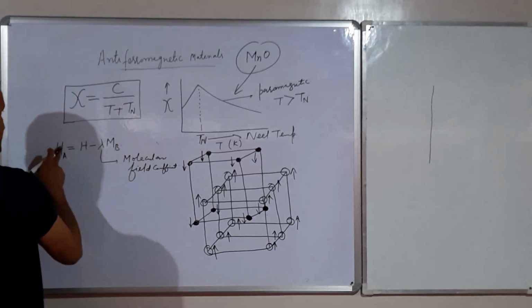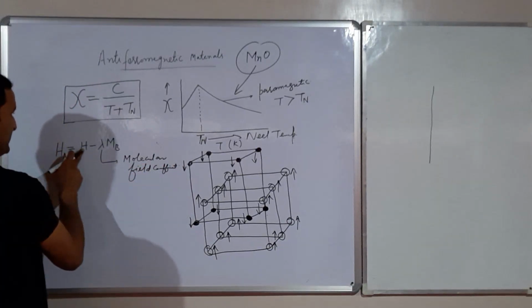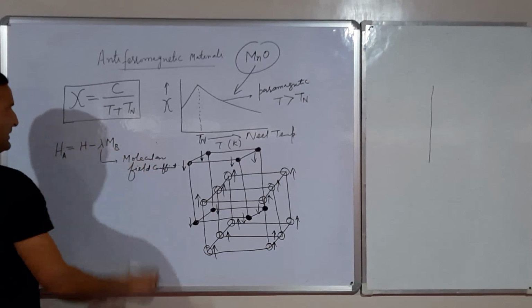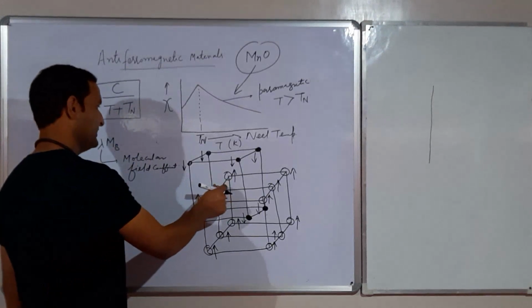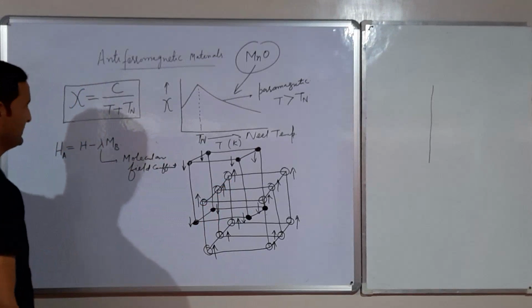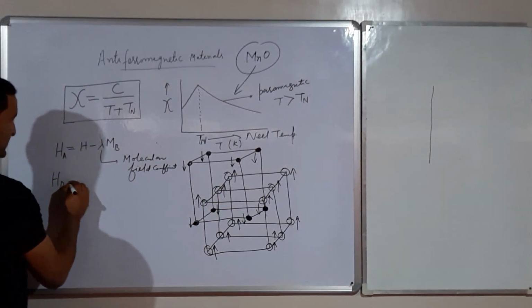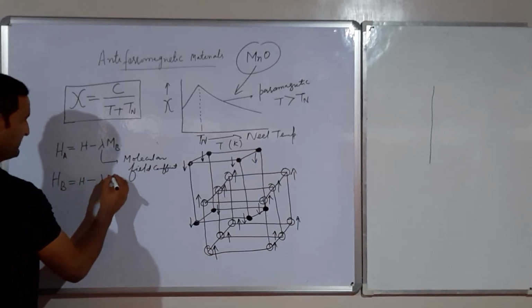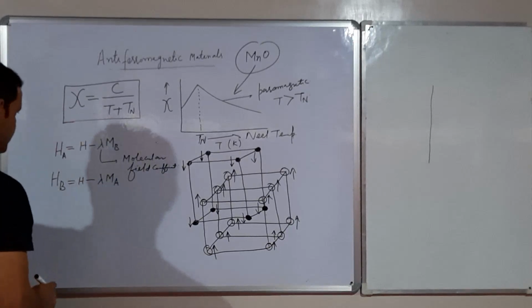Because the magnetic field intensity at A will be equal to the net magnetic field minus lambda times the magnetization, which can be cancelled by the nearest neighbor. So it will be H minus lambda times MB. Similarly, for B, this can be written as H minus lambda times MA. Therefore,